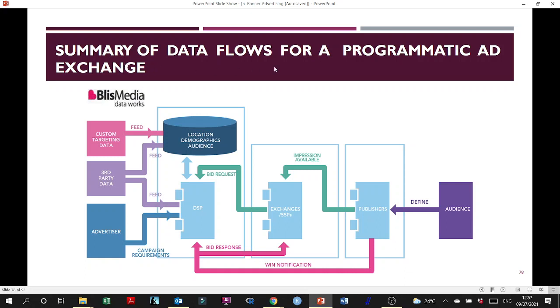Now, in summary of the data flows for programmatic advertising, as you can see, you have the customer targeting data. You can feed it into the location, demographics, and audience. You have the third-party data, not collected directly from you. You can feed it either to location-based marketing or to behavioral, or the demand side platform. You also have the advertisers. They are part of the system, and they would like to